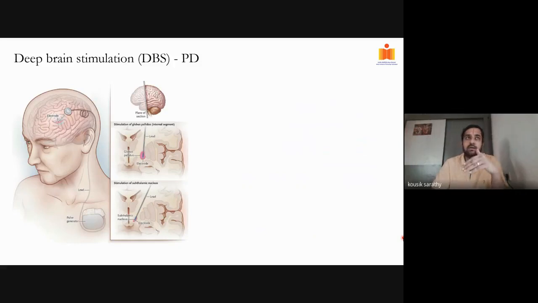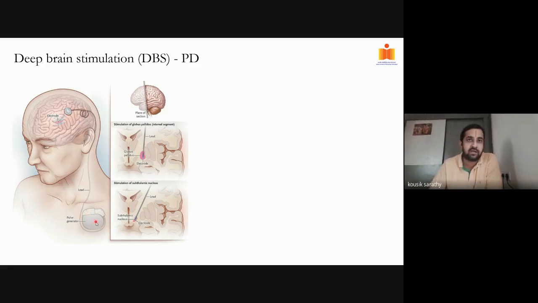So before we go there, if we just focus on where DBS is implanted in PD, it is typically implanted in either the subthalamic nucleus, STN, or globus pallidus interna, GPI. Once the implantation is done, it is typically bilateral, so you have one lead in each hemisphere. Then the wires are tunneled just behind the neck, and the implantable pulse generator, IPG, is placed in the subclavicular space.